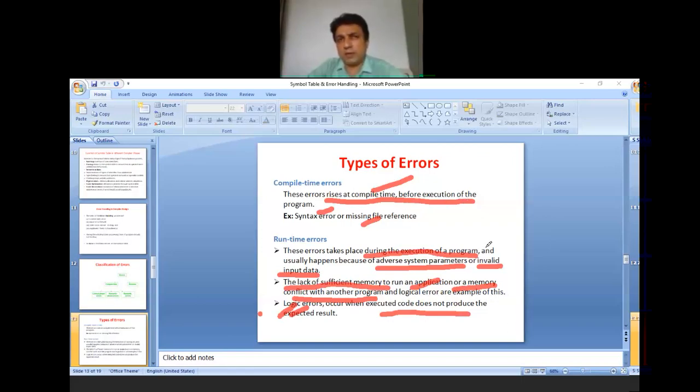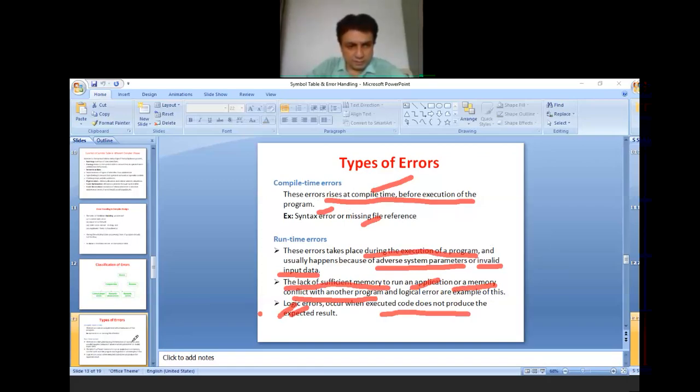You already remember when you execute your program in C or C++, at the time of compiling, you get the error that such and such line of code has missing parentheses or something. Such errors are compile time errors, and in compiler design, we are going to study the compile time errors.